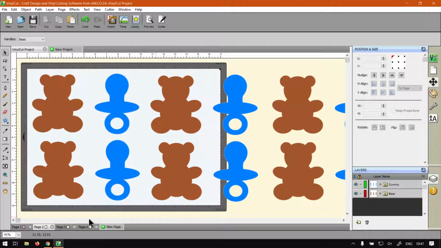But now let's go to a new page. So let's say we've got this example here. As you can see, maybe it's for a baby shower for a boy, because we've got the little bears and the blue dummies. But now you can also notice that there are different colors. So when we finally want to cut this, we want all the bears on one color, all the blues on another color. So how I would go about this is I would select all my blue, which is already in